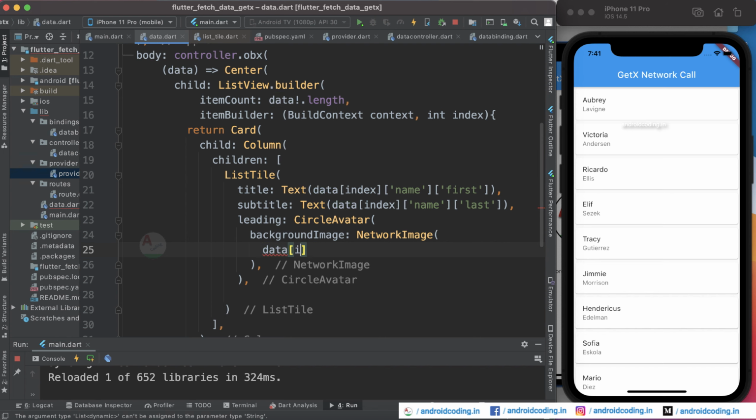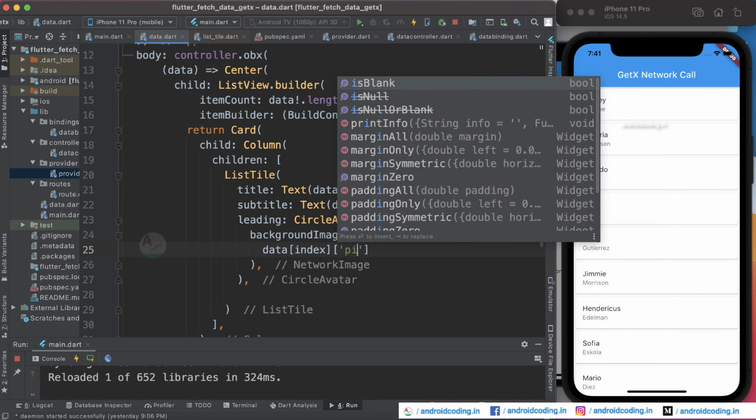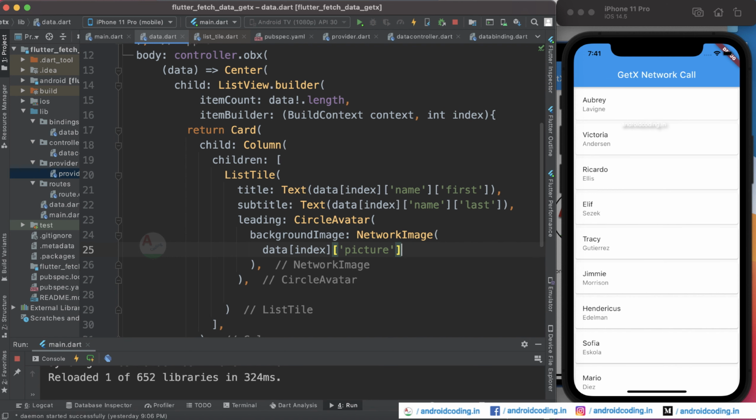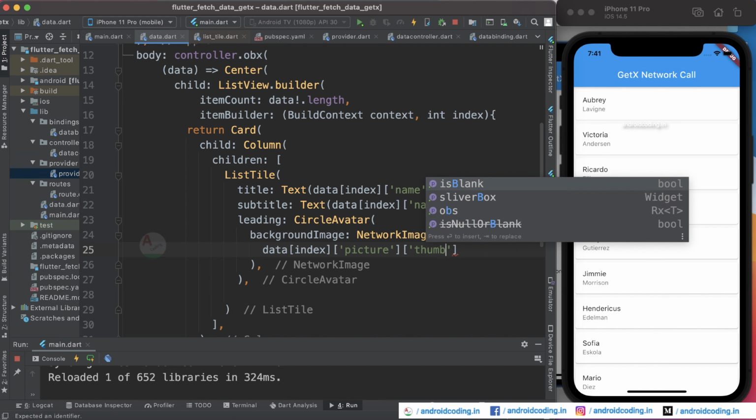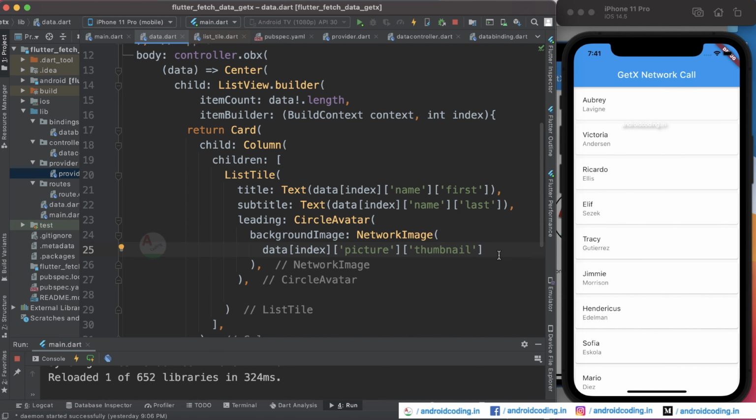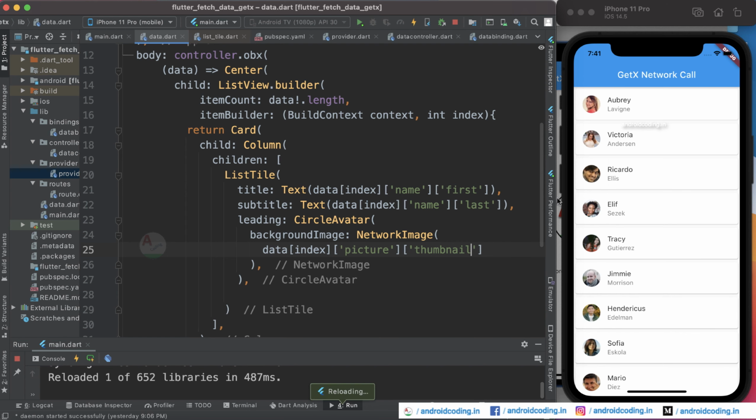So data of index, and here I am going to specify picture, and inside which we are now making use of a thumbnail image. So specify thumbnail here, and now try to save this code, and here you can see we have got our images populated to the left hand side of our text here.